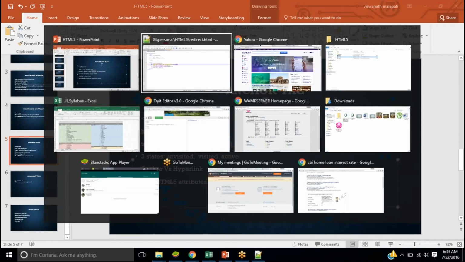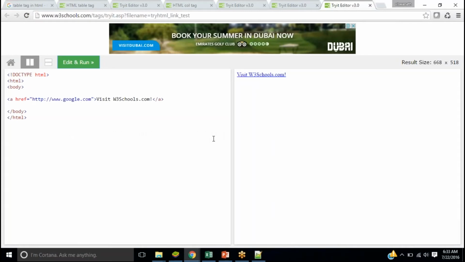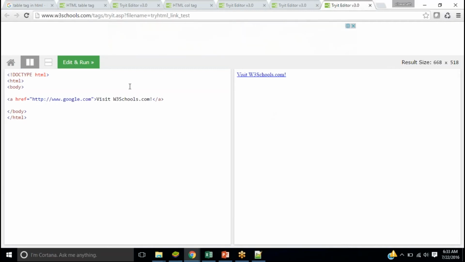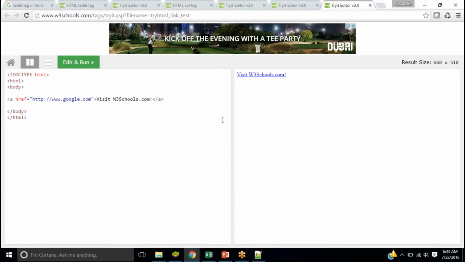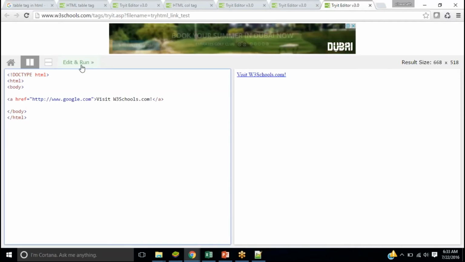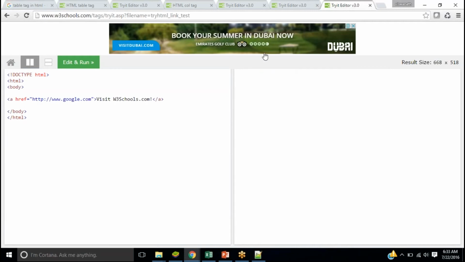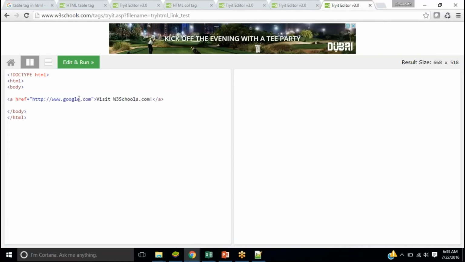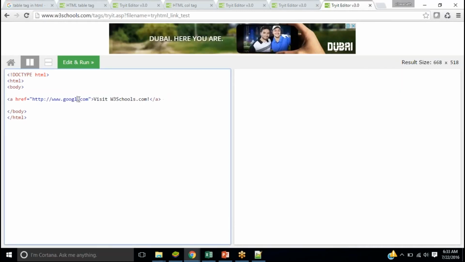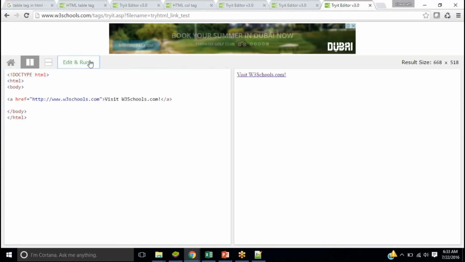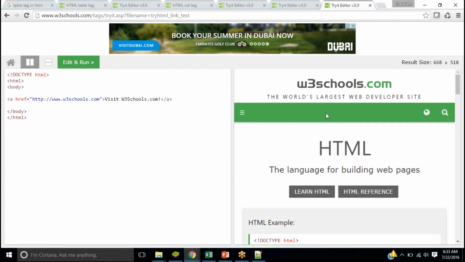But just to give you an idea, you might have seen W3Schools, right? I've opened it to show you. On W3Schools, you can write code here and see the result output here in parallel. So they basically implement the concept of frames. By default, when you click an href, you don't see the entire page change. Only this particular part changes. See, only this particular frame got changed. This is one frame and this is another frame.